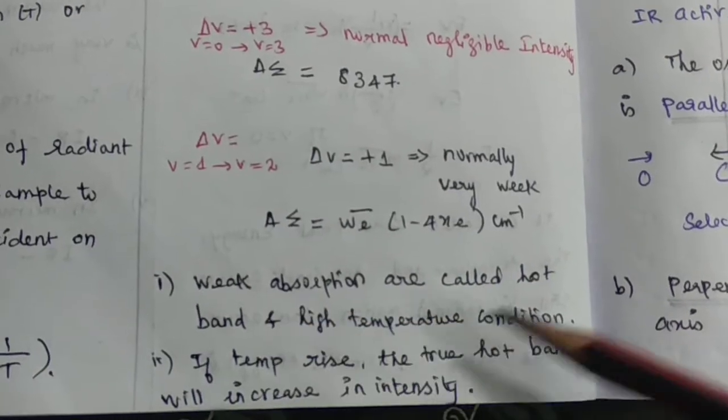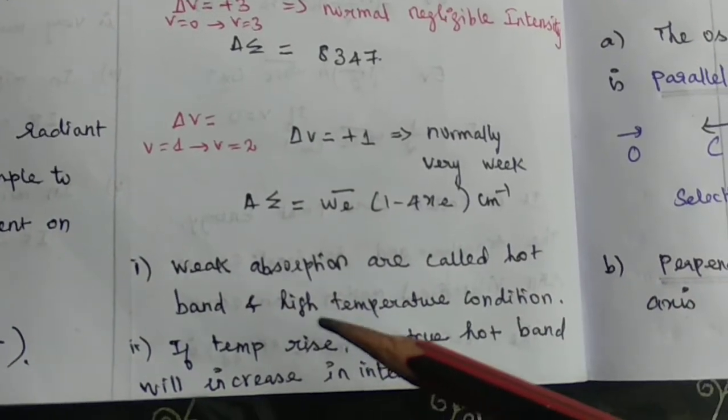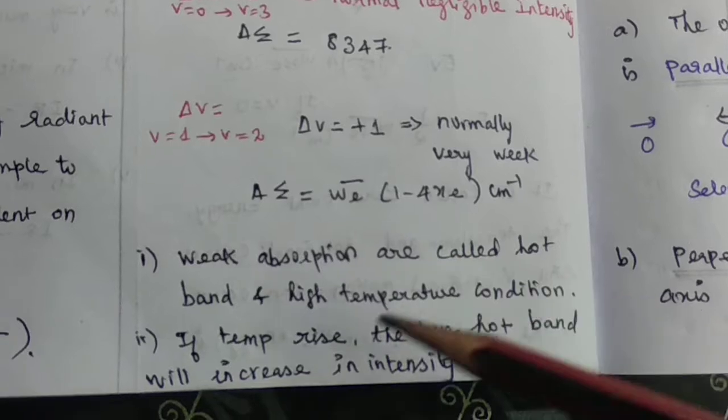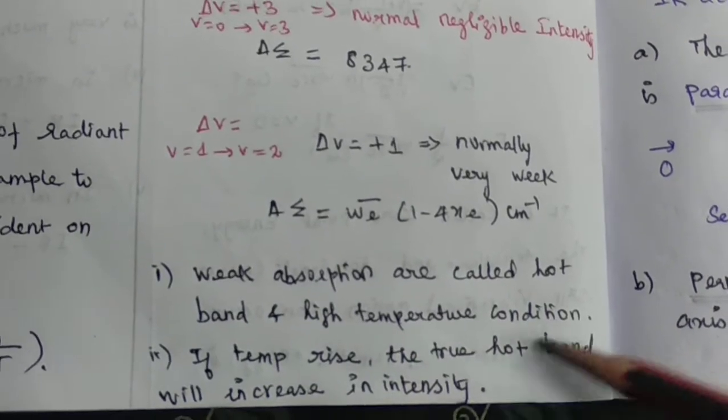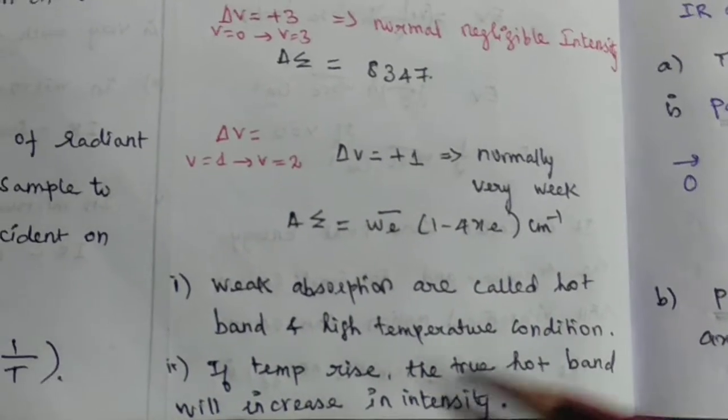So weak absorptions are called hot bands. One of the conditions is high temperature. If the temperature rises, the hot band will increase in intensity. So it is most important. Okay, so next case is